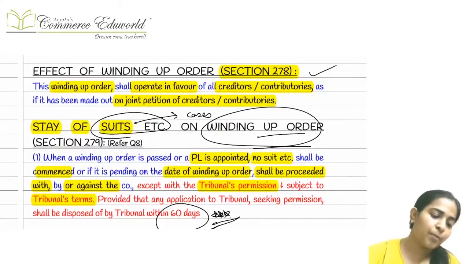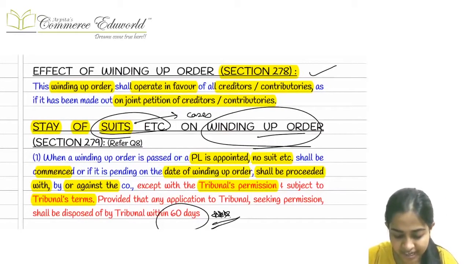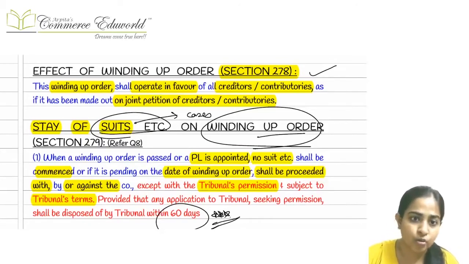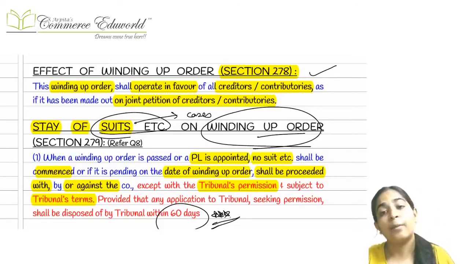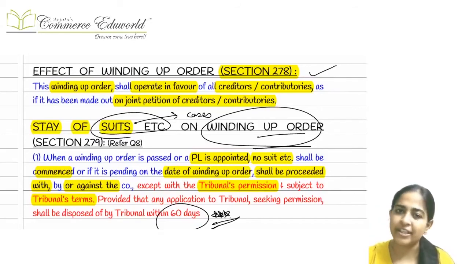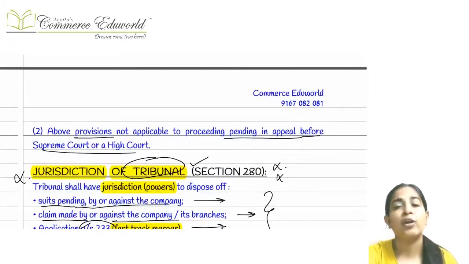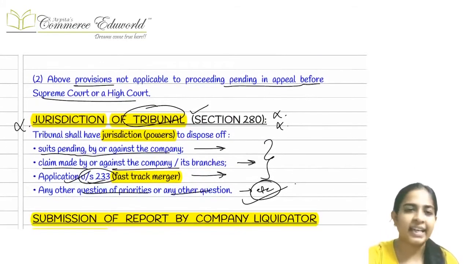Now listen. Suppose once the winding up starts, just like your moratorium, here also, if there are any legal cases going on by the company or going on against the company, then all will pause. Remember moratorium, all will pause here also. But what they are telling is, if you want to continue with any particular case, then you can take an approval from the tribunal. You have to take the tribunal's permission, then only that case can continue. But for a Supreme Court case or a High Court case, no approval of the tribunal is required. That case can continue as it is.